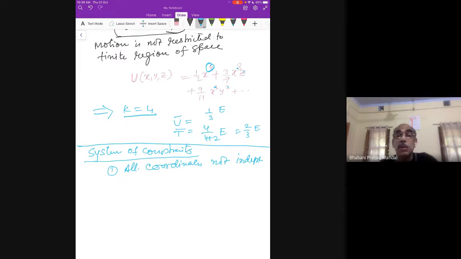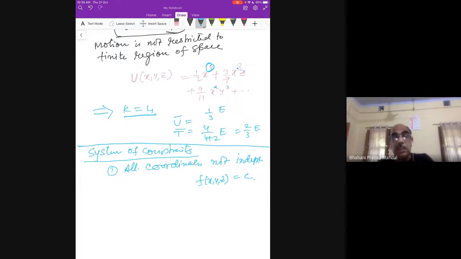Constraints will relate coordinates. But if you have a holonomic system, meaning the constraint equation you can write as an equation, and you can eliminate those. So you can find the number of independent variables, and those will be generalized coordinates. And then you can go through Hamilton's principle and describe the motion.